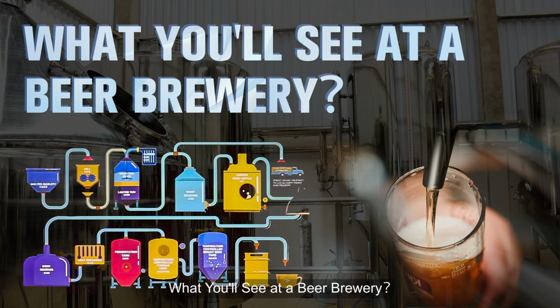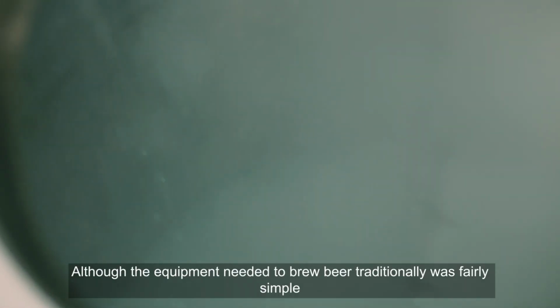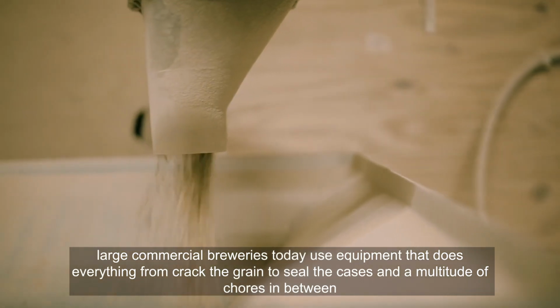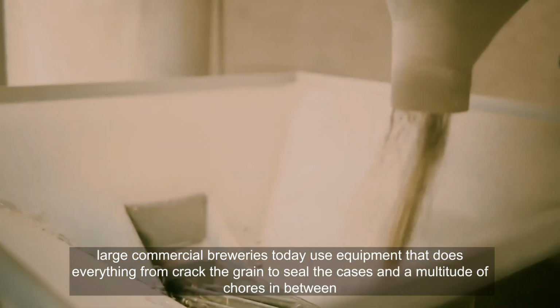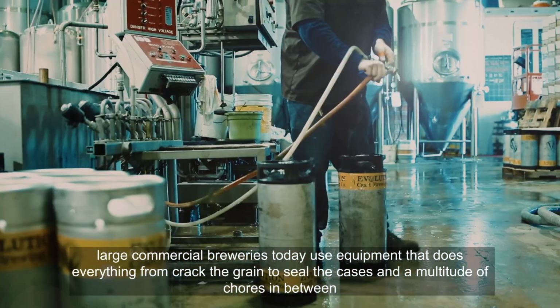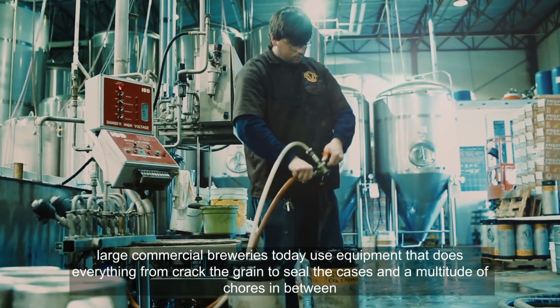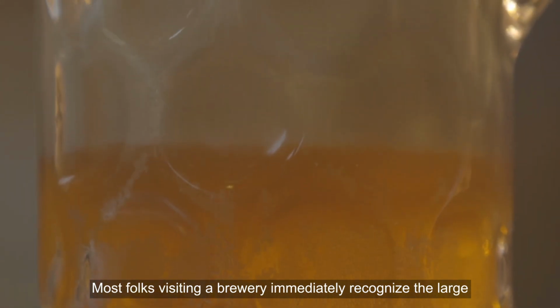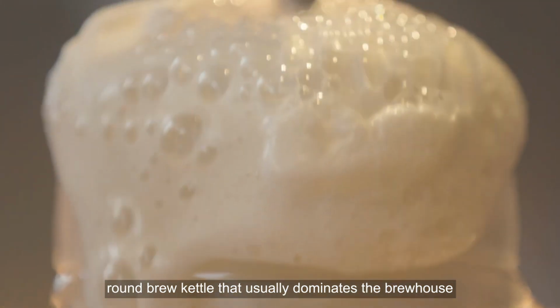What you'll see at a beer brewery. Although the equipment needed to brew beer traditionally was fairly simple, large commercial breweries today use equipment that does everything from crack the grain to seal the cases and a multitude of chores in between. Most folks visiting a brewery immediately recognize the large, round brew kettle that usually dominates the